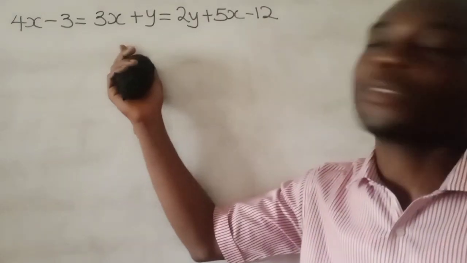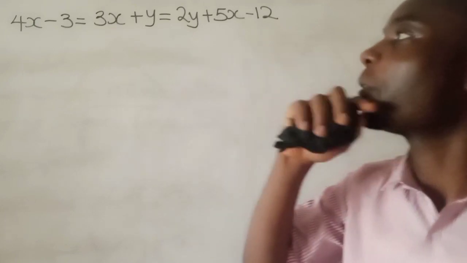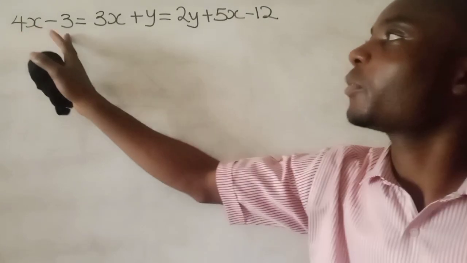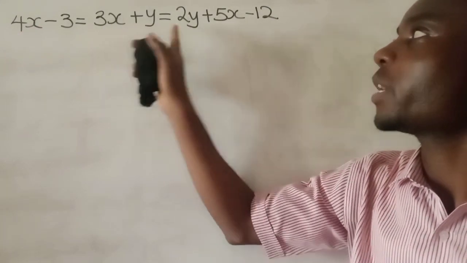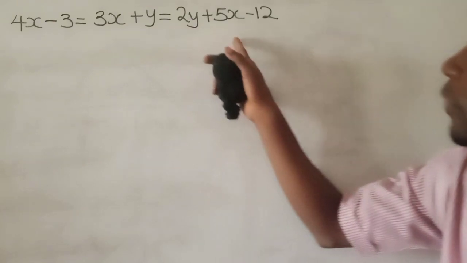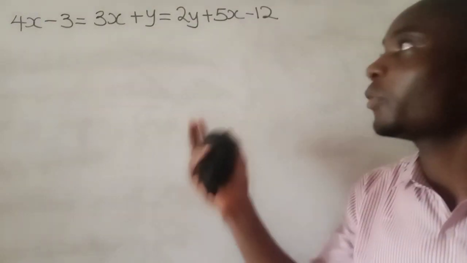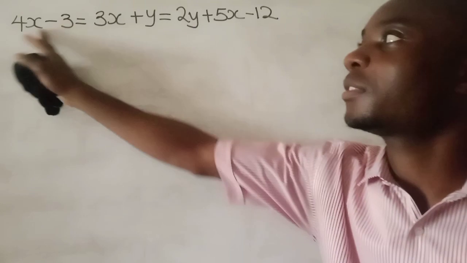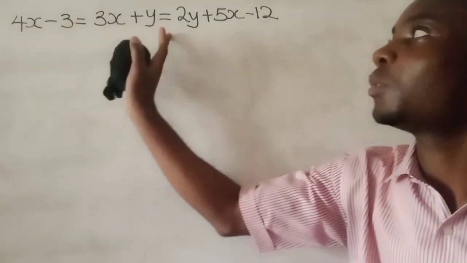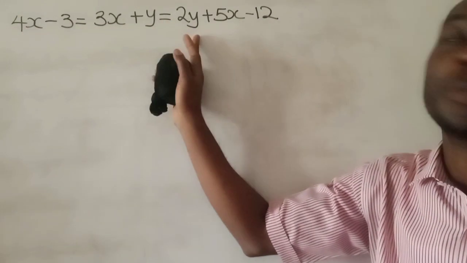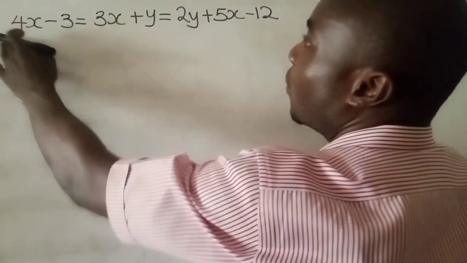So we're going to be solving this simultaneous equation. We have 4x minus 3 is equal to 3x plus y is equal to 2y plus 5x minus 12. In solving this question, we can see that this expression is equal to this expression and that's equal to this expression. So what we do, we write out 4x